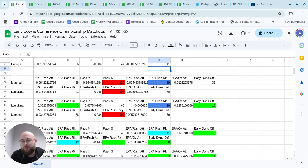Okay, so when it comes to the early down data, you can see that Marshall is okay. They're pretty decent, a little bit above average, 35th. One thing that's really bad is Louisiana just cannot defend the run on early downs. They're 70th overall. And so, that could be something that they would probably take advantage of, but they're not elite at doing this, right? Versus coming to the opposite side where Louisiana is 10th in early down EPA, so an